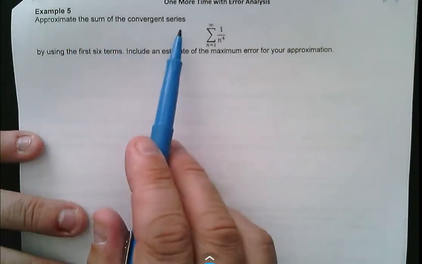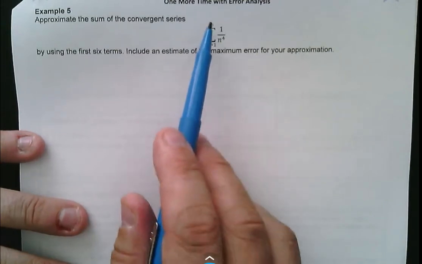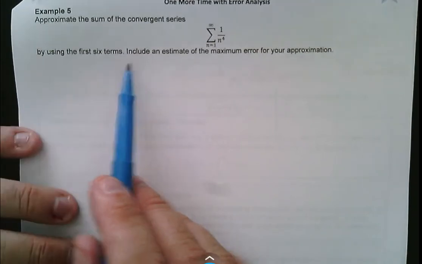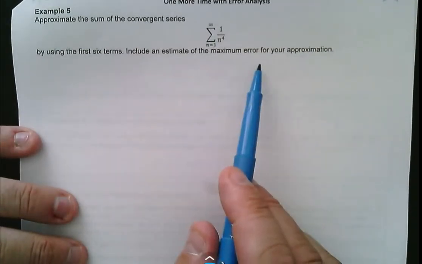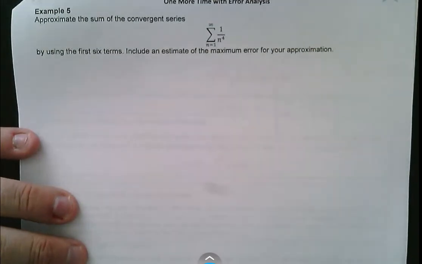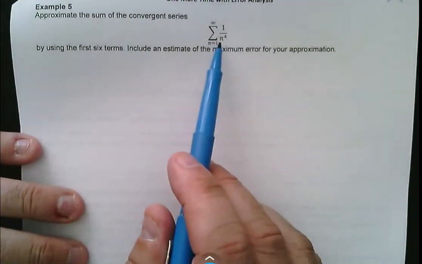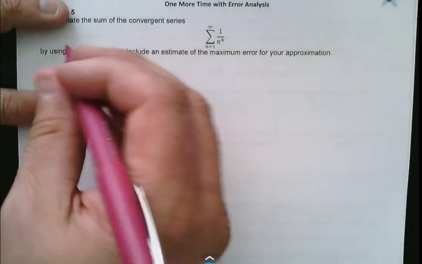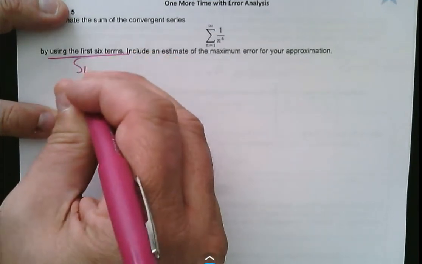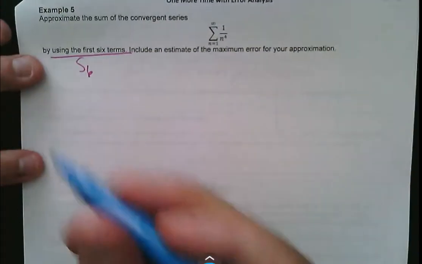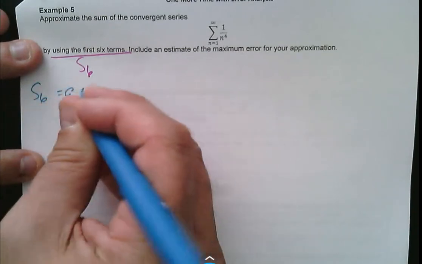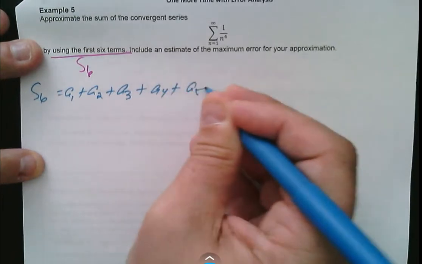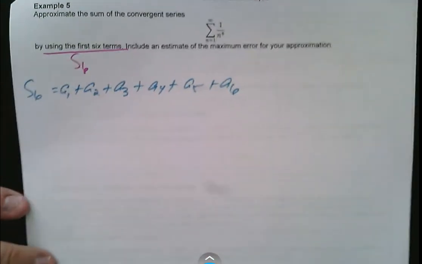Approximate the sum of the convergent series, the sum from 1 to infinity, 1 over n to the 4th, by using the first 6 terms. Include an estimate of the maximum error for your approximation. Okay, approximate the sum of this series using the first 6 terms. Using the first 6 terms, remember that is a 6th partial sum. S6 is the first term plus the second term plus the third term plus the 4th term